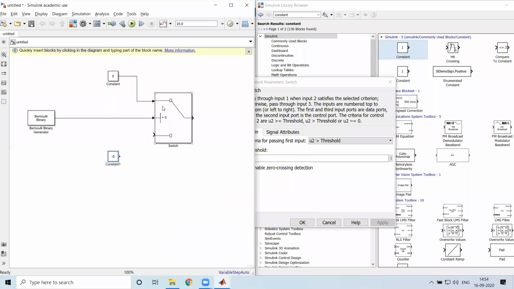So 5 volt will be selected. Now, if it is 0, this condition fails. 0 is not greater than 0. Therefore, it takes this output. Now, what I want to do is just observe